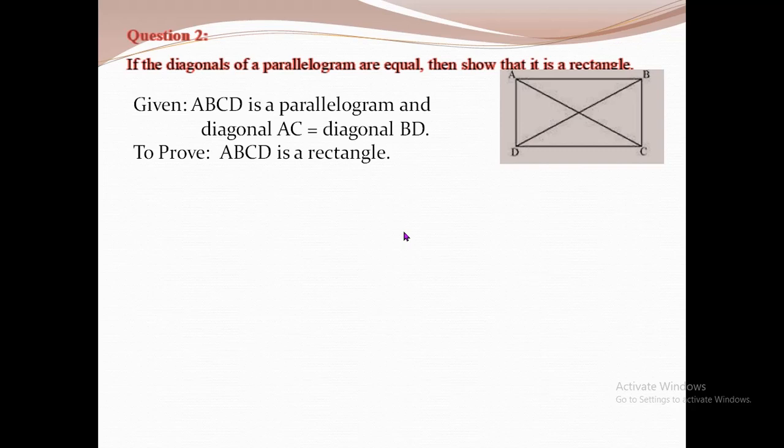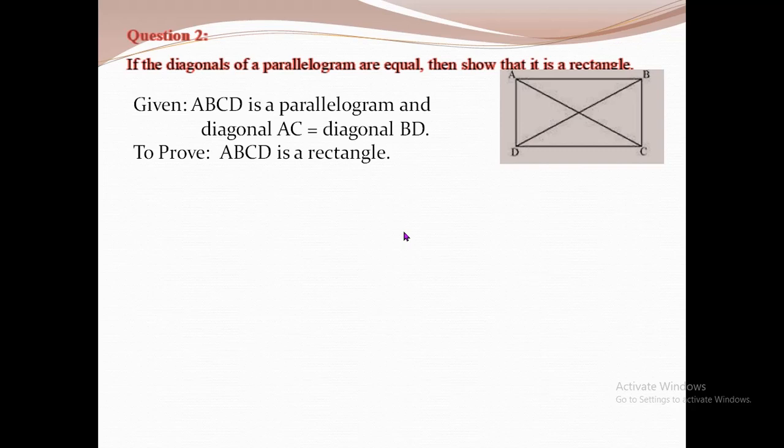How? Because opposite angles are equal. If one of the angles is a right angle, the opposite angle will be 90 degrees. The sum of adjacent angles is 180 degrees. Therefore, if one is 90, the other one will definitely be 90. So all angles will be 90 degrees each. So if one of the angles of a parallelogram is 90 degrees, automatically all other angles will be 90 degrees, and then it will be a rectangle. Okay, we are going to prove that particular property here.